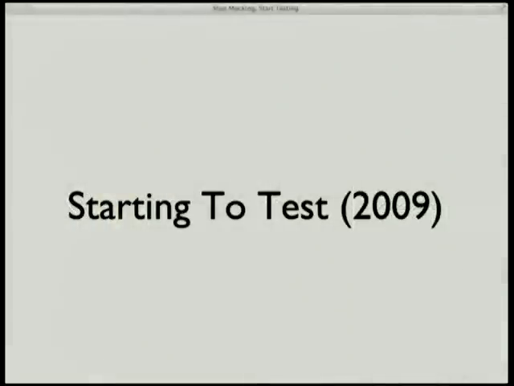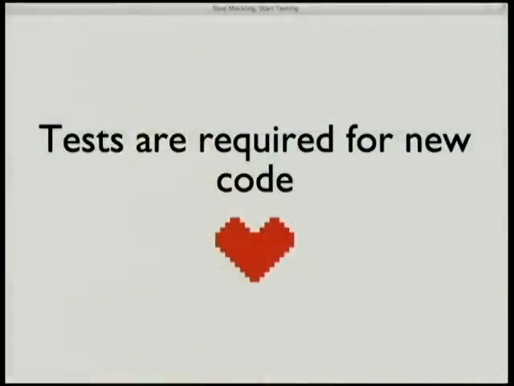We got overwhelmed. So in about 2009, pretty much all of the original team members had rolled off onto new projects. And a second wave of engineers really started taking the project on and making it their own. But this meant that almost all of the people working on the team had no idea how anything actually worked. There were a few components that you maybe have touched, but fundamentally you don't understand the guts of this system. So they required tests for new code, because it was the only way to make things workable.